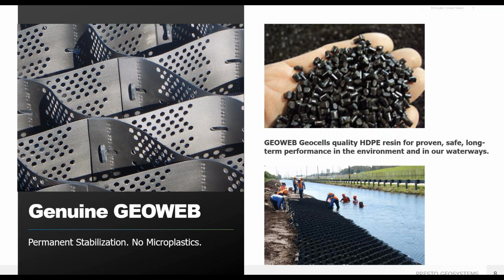GeoWeb is manufactured with premium high-density polyethylene resin with no fillers, alloys, or compatibilizers, and our base resin is the same material used in environmental applications like geomembranes and other environmental barriers to protect against the spread of harmful toxins, and our products have been third-party tested by accredited geosynthetics laboratories, confirming long-term stability against environmental factors such as weathering and oxidation.